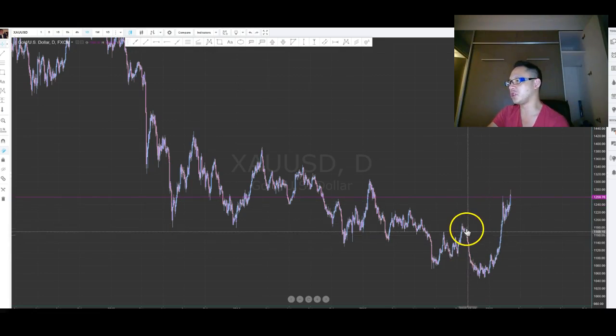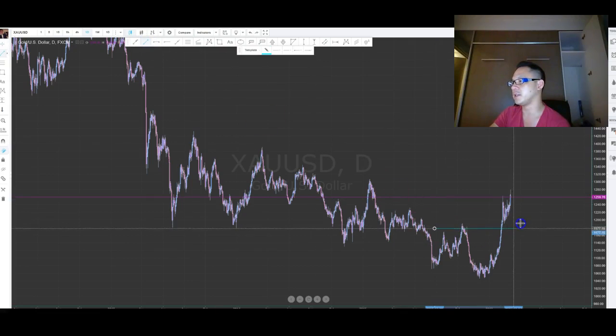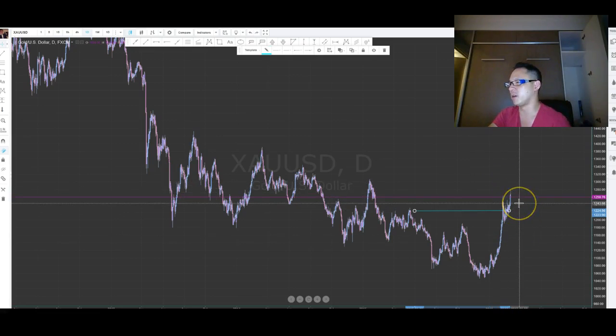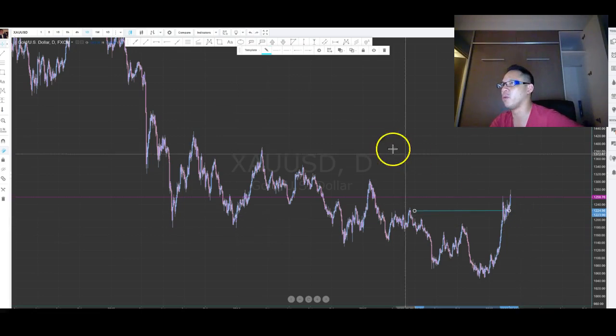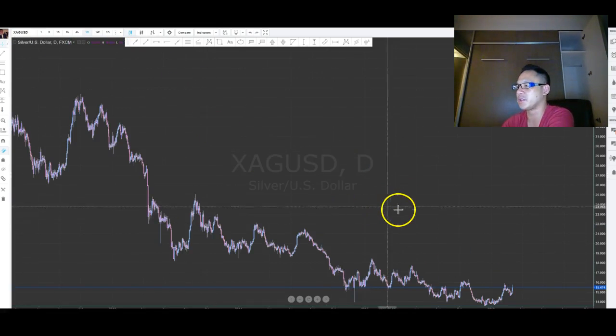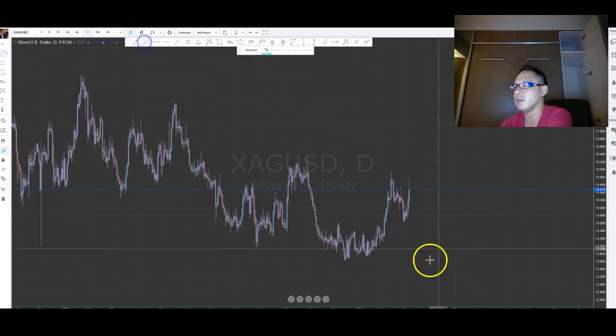So based on this chart, we've already got the bottom here. It's broken structure, right? So we know that it's giving us a potential trend change. It's broken this structure level too, right? The next level we want to watch for is the 1300 level, right? That's the next level we really want to see. But I expect to see some kind of pullback this week before we even look at another move up. But that also leads me on to silver, because silver tends to trade behind gold. So gold reacts first, then silver reacts a little bit later. But again, silver's putting in a similar pattern, right?